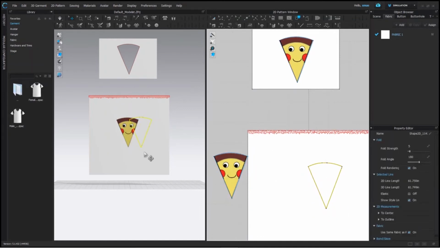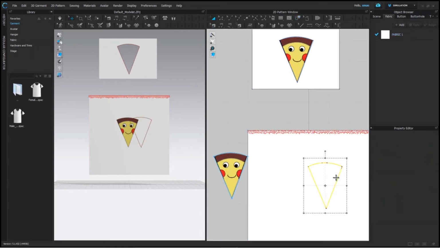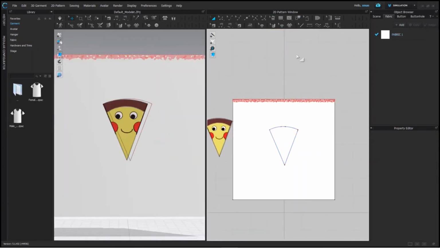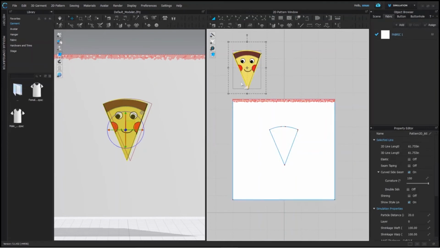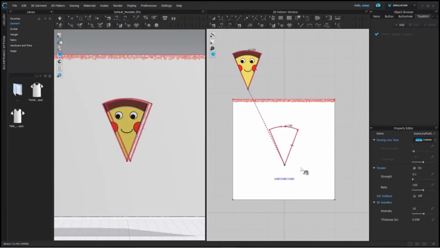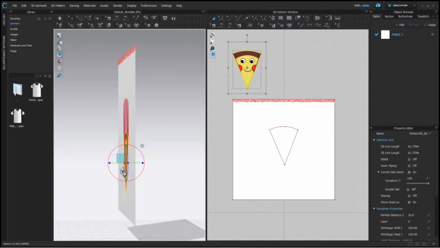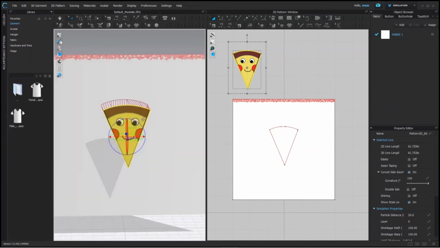After tracing it again, you can see the shapes of internal lines over a pattern in 3D window as well, which means it's done. Now we can remove the unnecessary things like this graphic and these internal lines. After all this, now we have to stitch them together. We have done the sewing and you can see the sewing lines in 3D window as well. Superimpose it over the lines and simulate it.